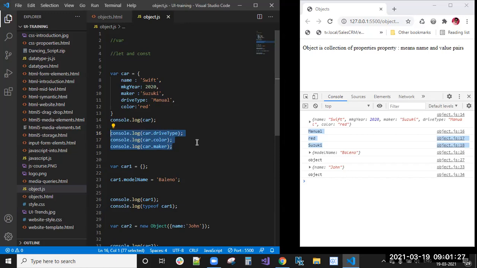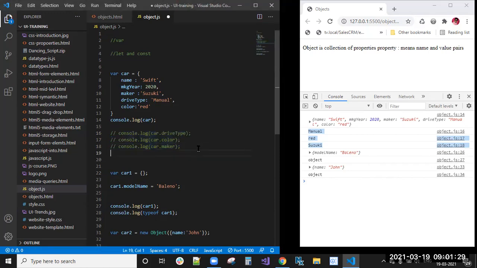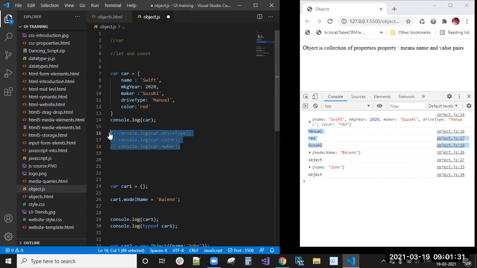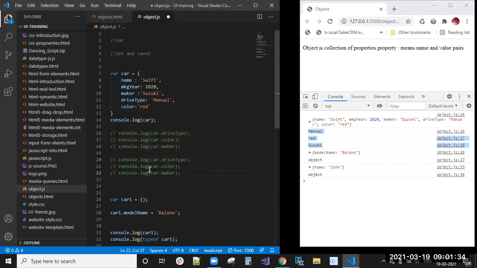And one more way is for when the object properties are coming as dynamic. We will access the drive type in this way: car of, with single quotes or double quotes, your wish.